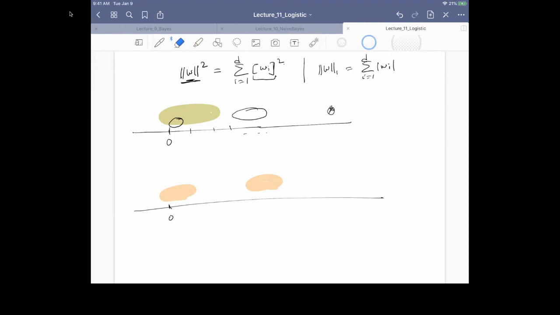Okay? So intuitively, what L1 does is that it tries to increase the concentration of those weights that are close to zero, and then you would have some non-zero weights over here, something like this, right? But what L2 would try to do is that it would concentrate all the mass of the weights somewhere around this point. Okay, so this is essentially the difference between L1 and L2 regularization.